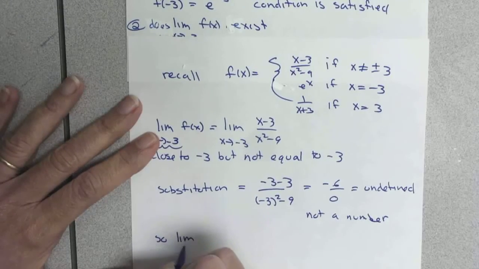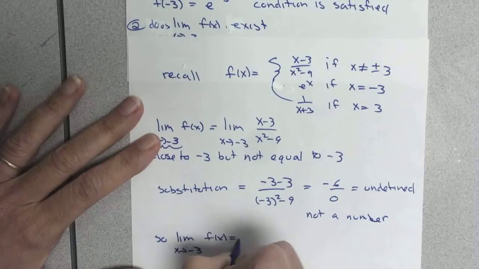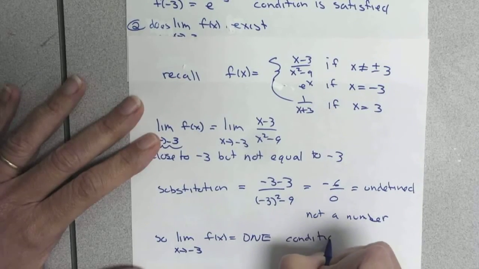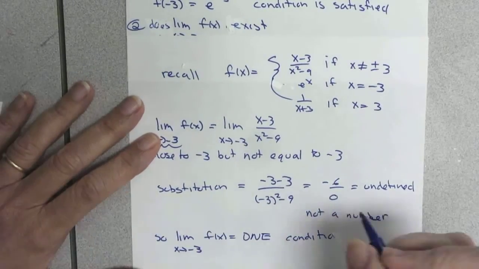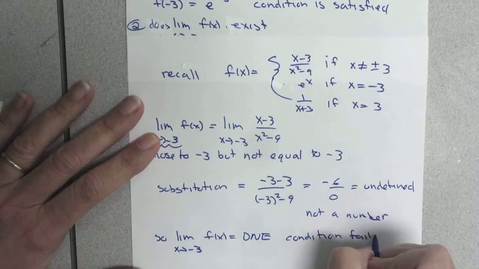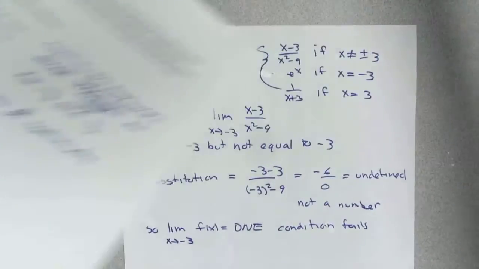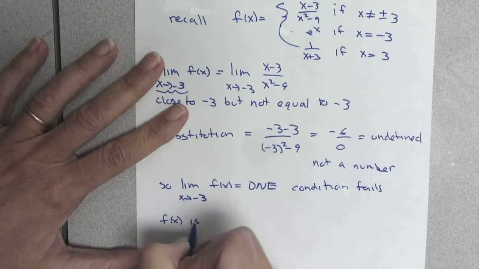And so the limit as x approaches negative 3 of f of x does not exist, and condition 2 fails. Condition 2 is there needs to be a limit. There's not a limit, so it has failed,